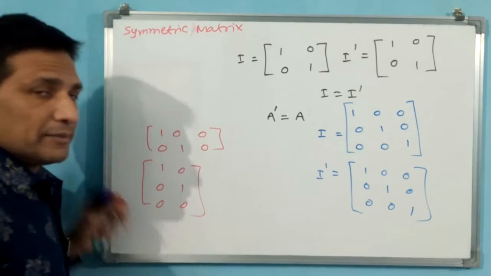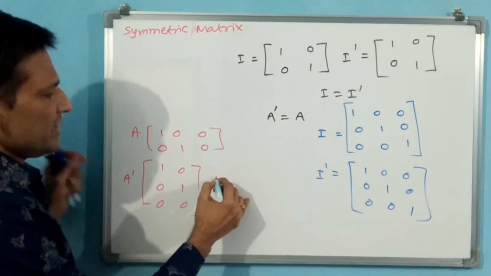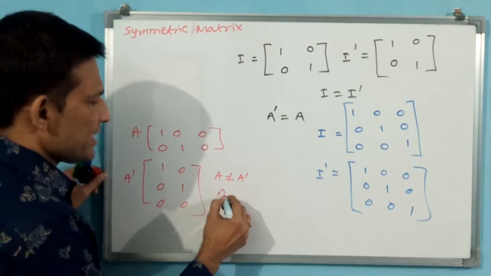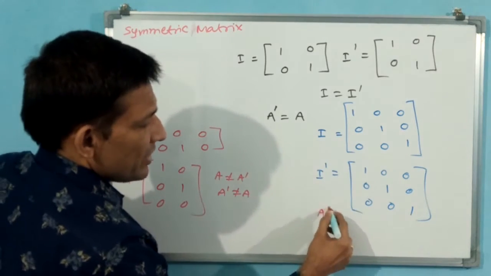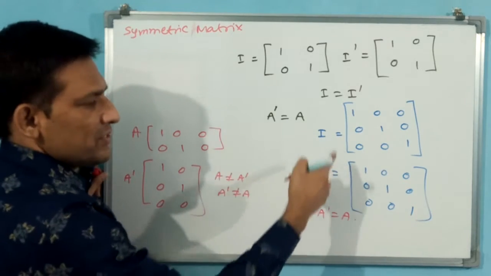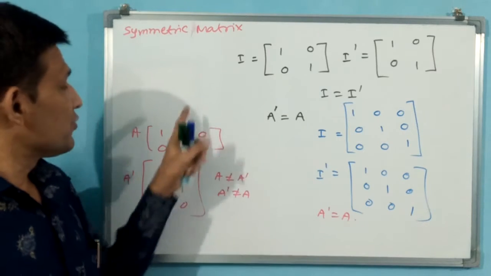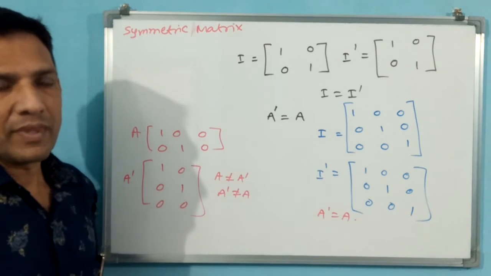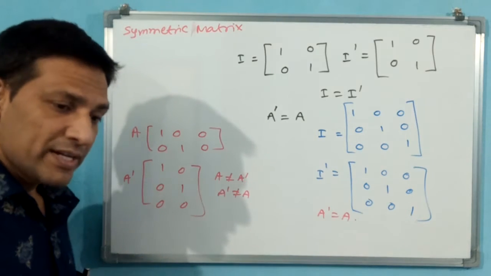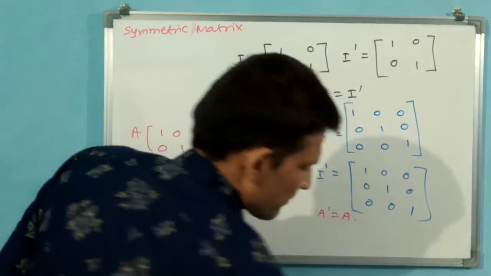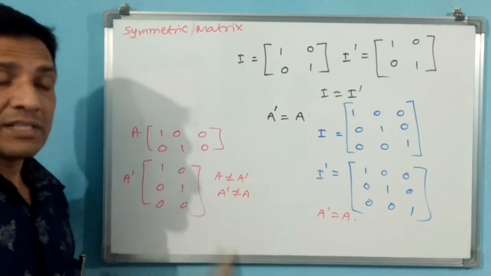Okay, that means see, say this is A, this is A transpose. Here A is not equal to A transpose. But here, if you take this A, this is A transpose, and A transpose is equal to A. When is that going to happen? It should be a square matrix. But are all square matrices symmetric? No. See, we can construct a symmetric matrix. Sorry, symmetric matrix. Are all square matrices symmetric? No. We can construct a symmetric matrix.